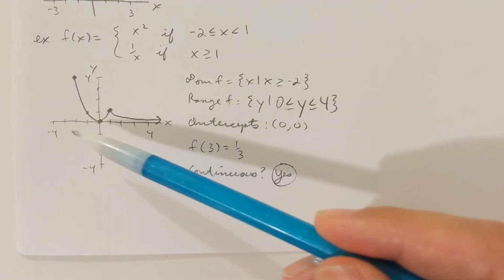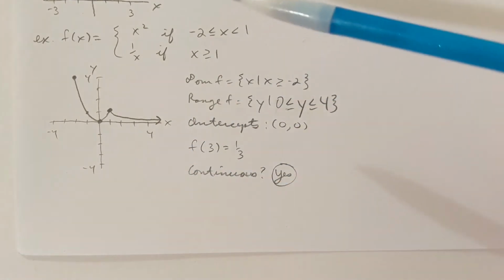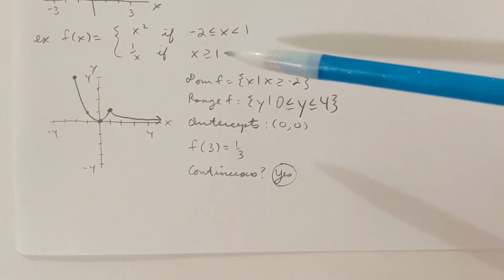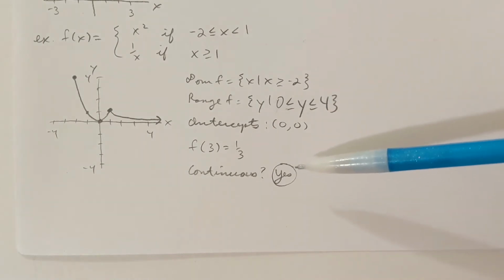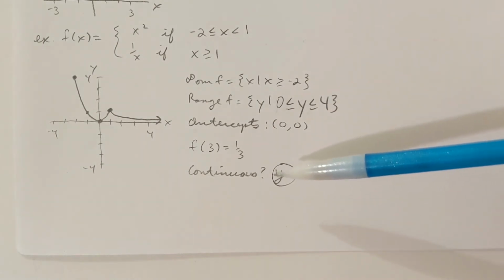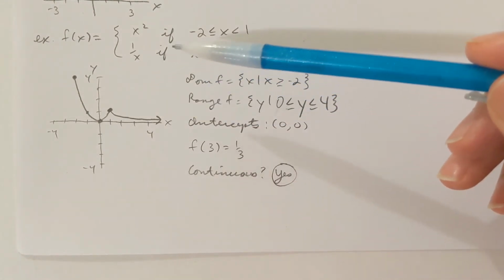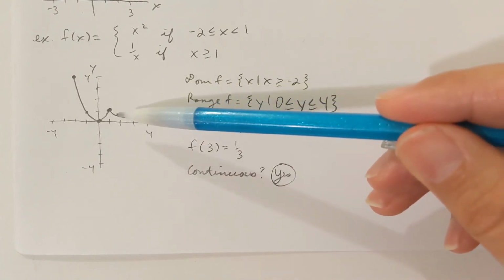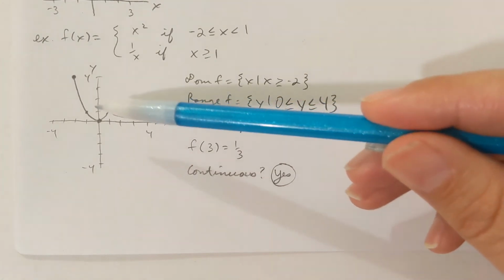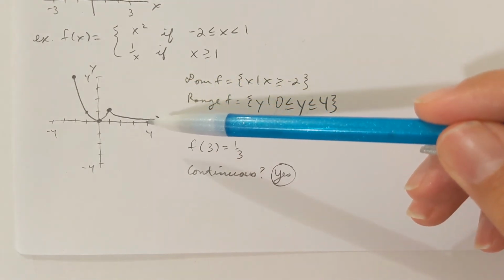And you know the graph of y equals 1 over x. It's just I only want that piece if x is greater than or equal to 1. Now this would be continuous everywhere because there is no jump in the graph. There's no place where in the graph there's 2 pieces. However, they connect at 1. And so I don't actually have to lift my pencil at 1 in order to go from piece 1 to